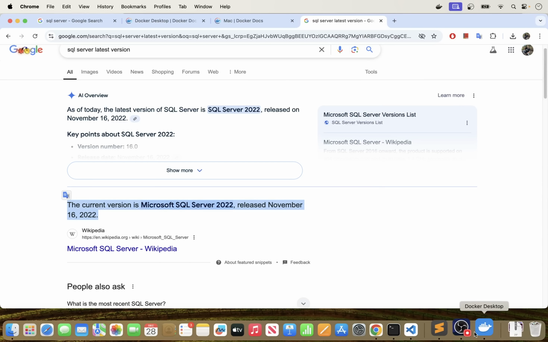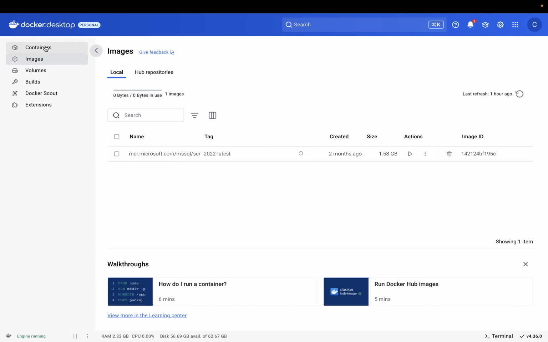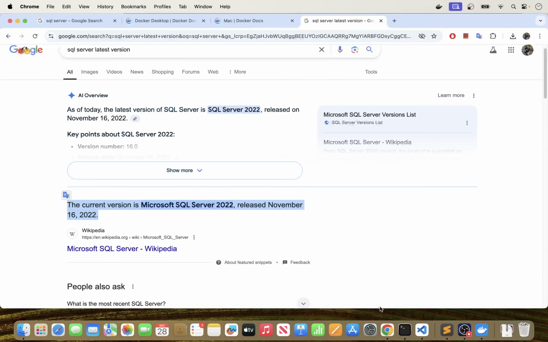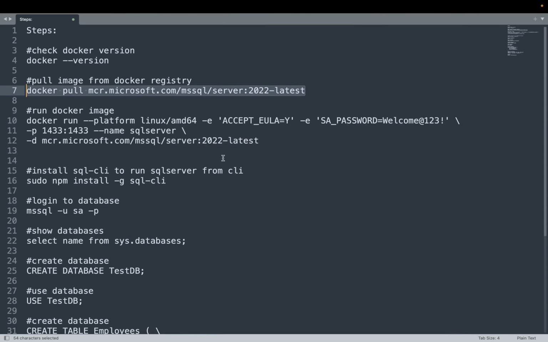Okay, so then you can see the same information right here. If you go to containers here, you won't see it, but in images, you can see now that we have an image here for Microsoft SQL Server, and it is not used right now. Okay, so now the third thing that we need to do after we pull our image is to go ahead